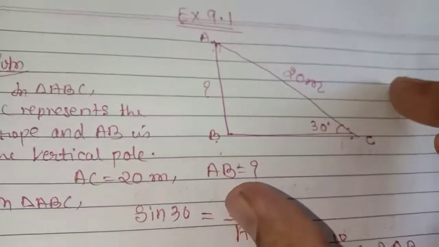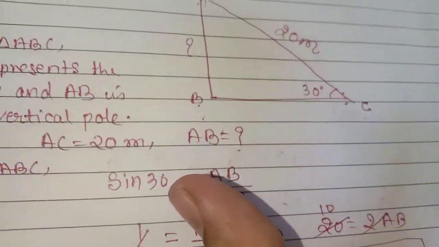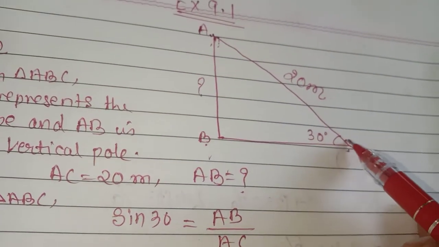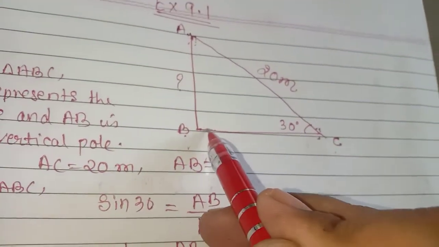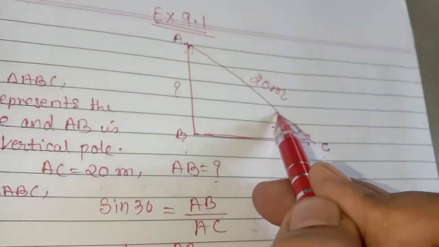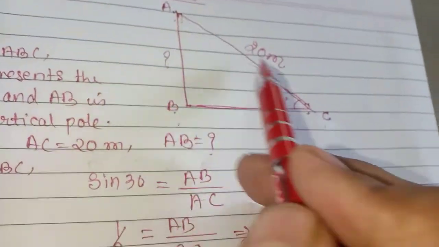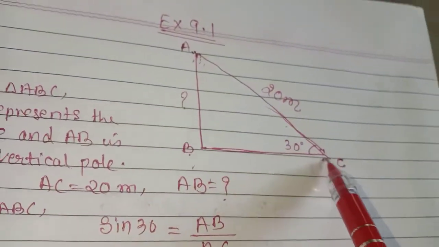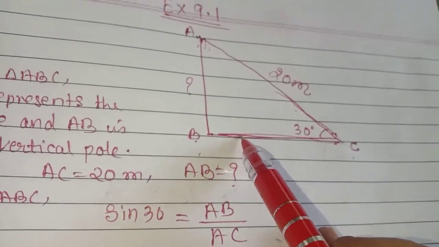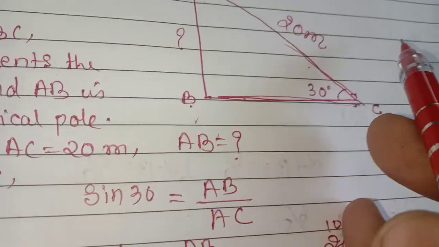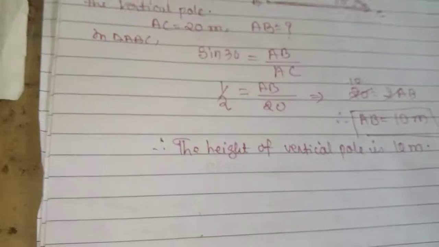Clear? So see how simply we can solve the question. The concept is, if it is not stated, always select angle of elevation, that is the object lies above the horizontal level. You can see this one is the horizontal level and this is the ray of sight in terms of concept, but here it is the long rope, and this is the distance from the ground to the rope. Clear? So this is the way to solve the numerical. Now let's go for the second question. It is also very easy.